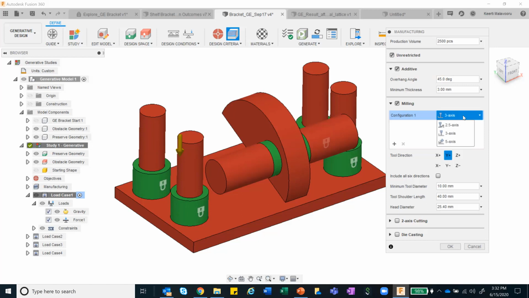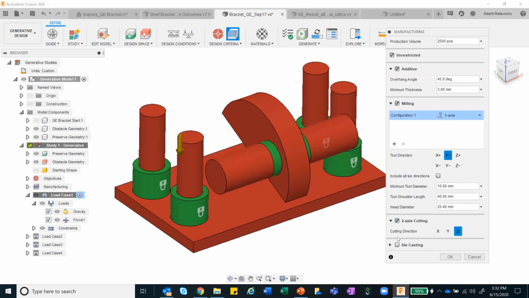At the same time, it is not just defining the operation, you can also define the tool specs as well. So you can define the directions, the diameters, what should be the head diameter and other things, so that you are basically using the same tool specs which is then going to be used in the factory floor.